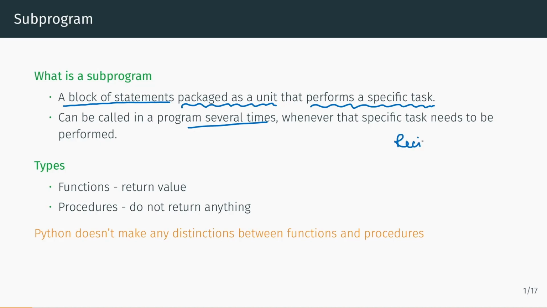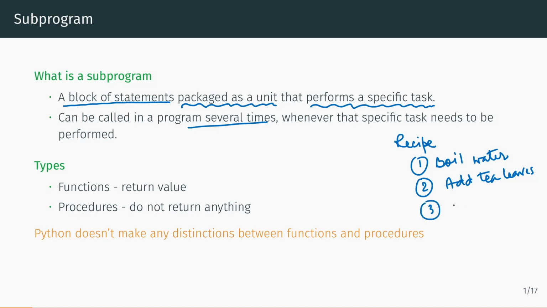In a recipe you have a list of things that you would do, right? So let's take a recipe for making tea. You start with, you boil water, you add tea leaves,